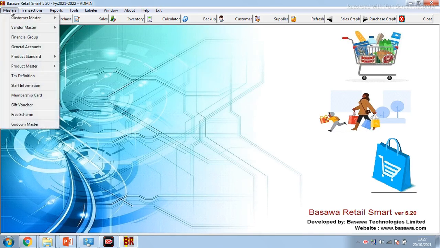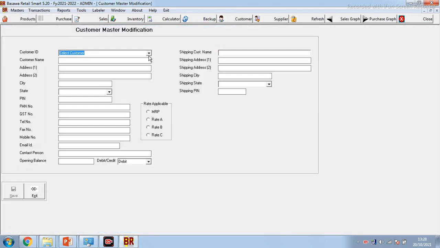In masters, there are customers, vendor, financial group, general accounts, product standard, and product definition. These are the standard masters. For customers, I am showing the one customer icon. It is a new customer: name, address, state, PIN. Two address options are there: one is the customer address and another is a shipping address.